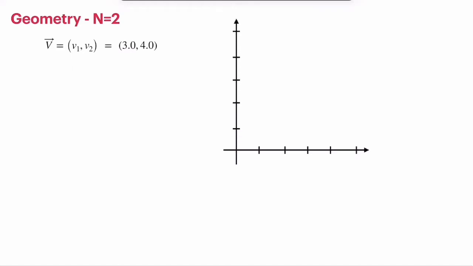Let's look at the example n is equal to 2. Our vector is a set of two real numbers. Let's take a specific element, 3 and 4. Of course, we can draw this with a two-dimensional orthogonal frame. You have two axes, x and y. You go 3 points along the x-axis, and 4 points along the y-axis. You can do the reverse: go along the y-axis 4 points, then 3 points, and you arrive at your